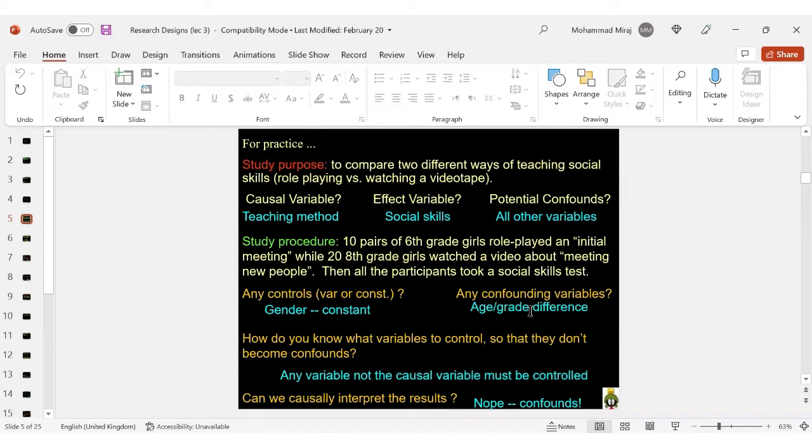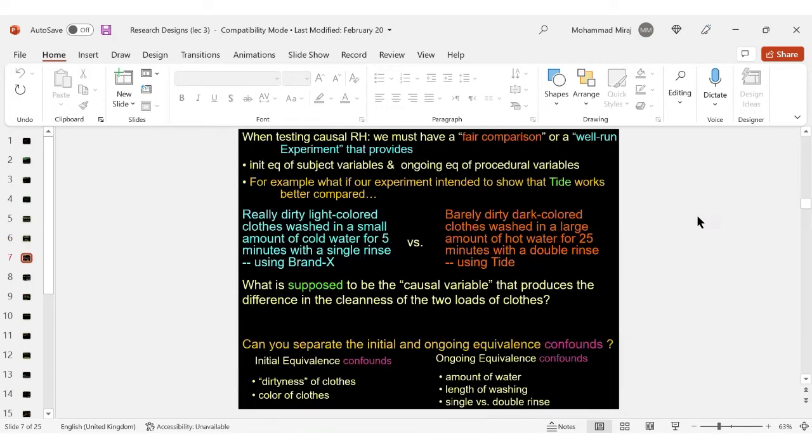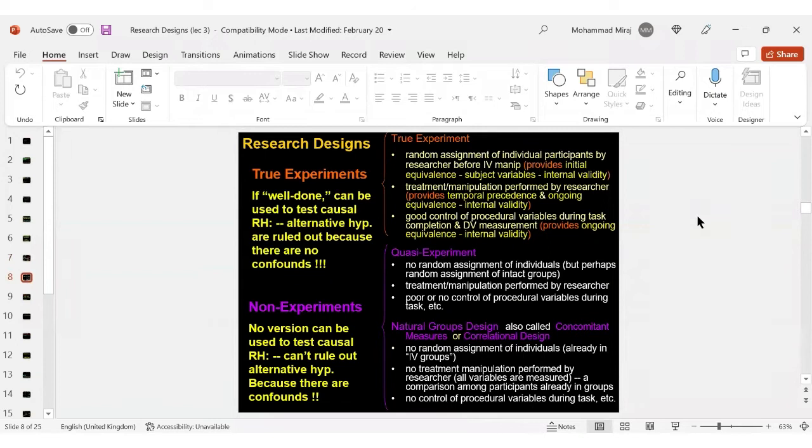Is it clear to everyone? Drinking, the same thing also with drinking. Yes, that can be a confounding factor. So you see, these are different types of studies, when we are doing any type of study. Maybe we are comparing between the various confounders, and we are trying to see